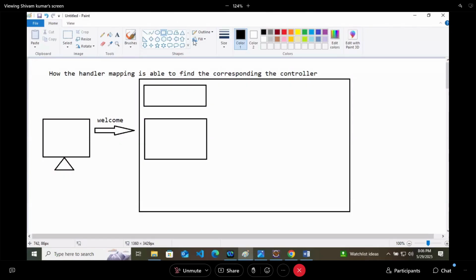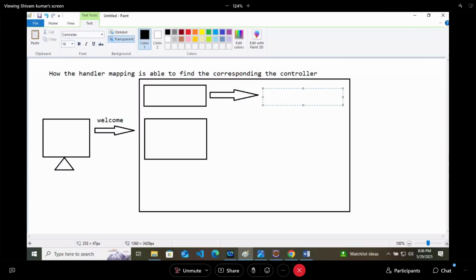Now in this package, there will be multiple controllers. At first, it will find all the classes which are marked with @Controller, either controller or rest controller. So at first, it will remove all the classes which are not having @Controller. Which are having @Controller, it will select those.